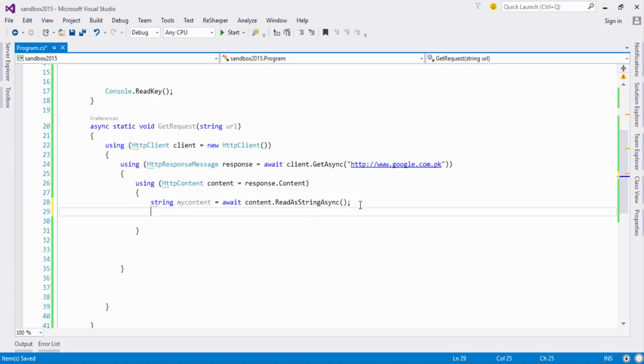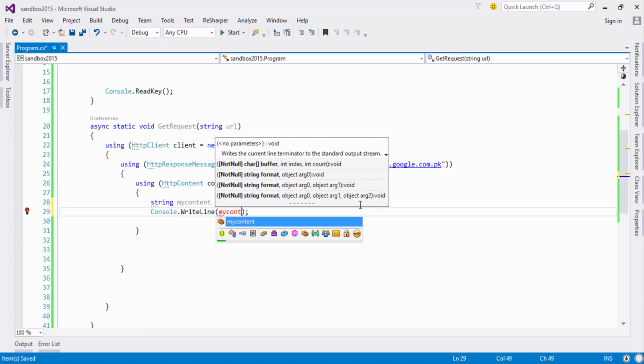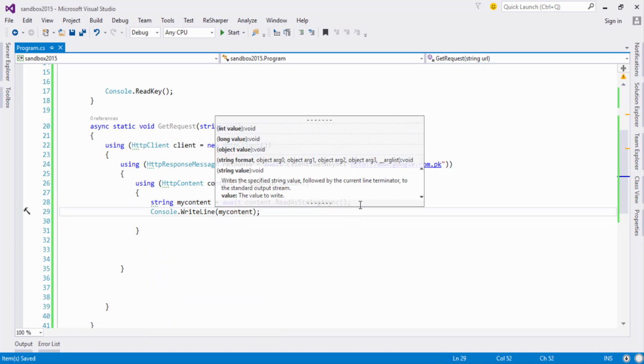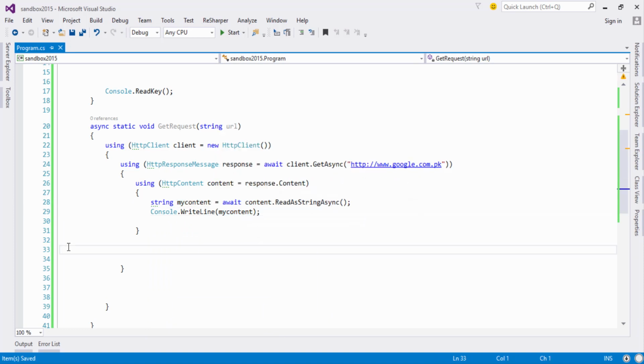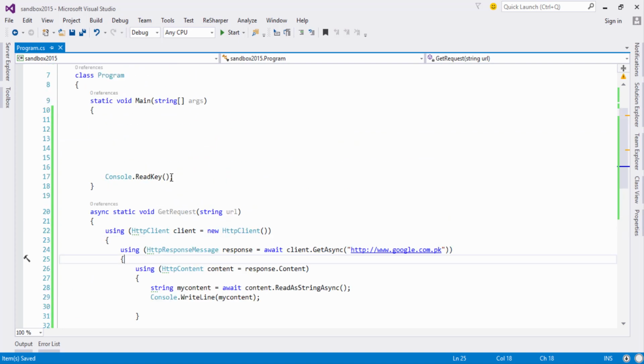And at the end I will just print the data on screen. Okay, now